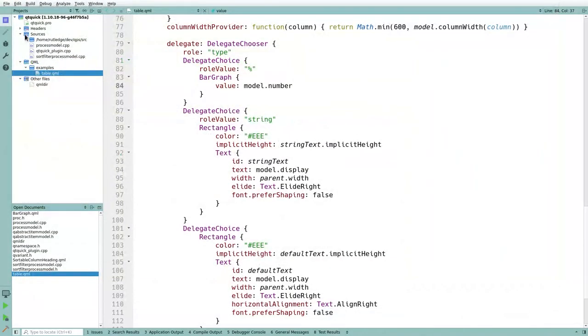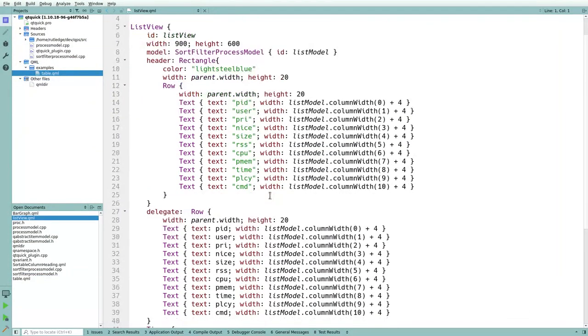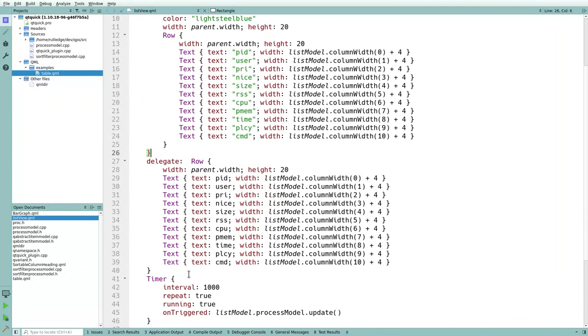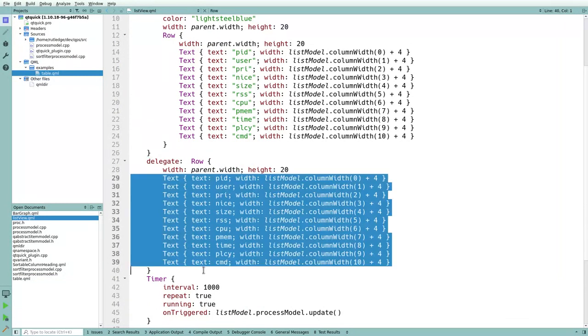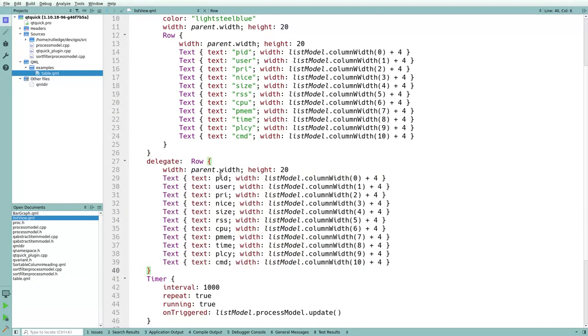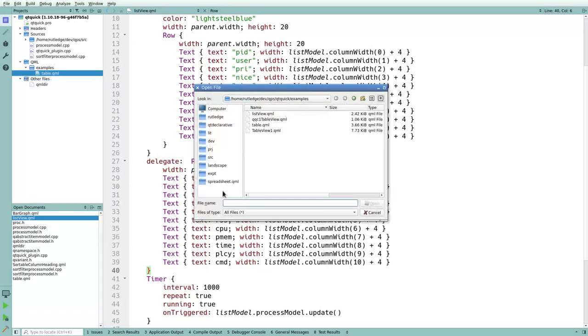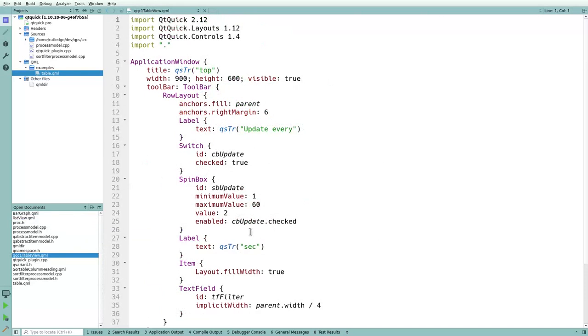And then if we look at the code, here's a list view, and the row for the delegate just has a bunch of text items. And notice that here I'm just using those roles that I defined in my hash. I can just use them directly, they'll be set as context properties on the list view, and so I can just use those directly to access the context property to get the text. So that's the list view, and then if you're using the Qt Quick Controls 1 table view, it does a